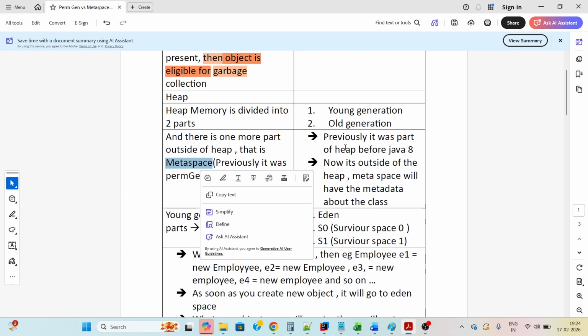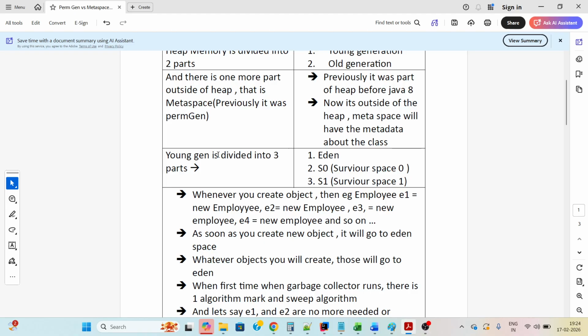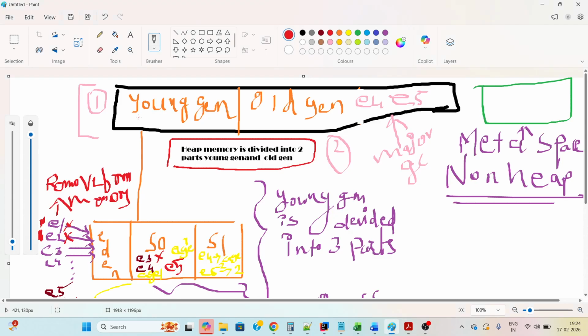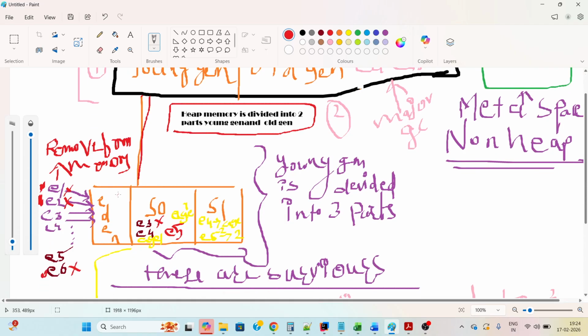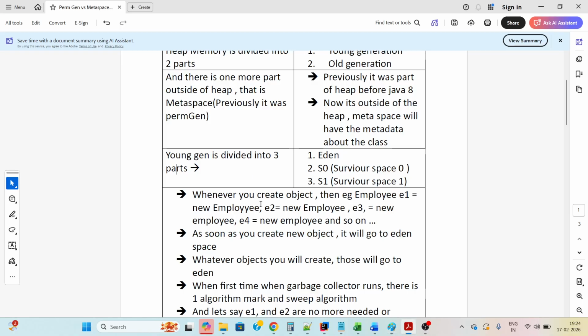Then young generation is again divided into three parts: Eden space is the first part, S0, that is survivor space, is the second part, and survivor 1 is the third part.